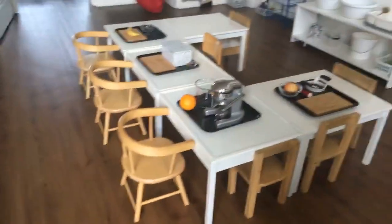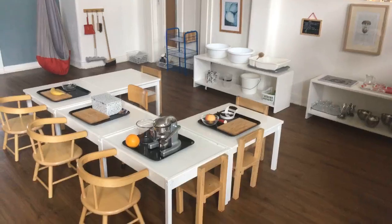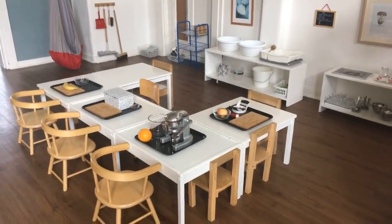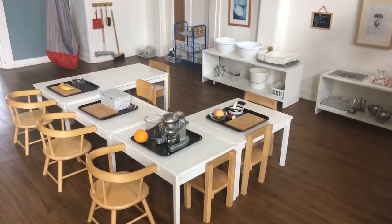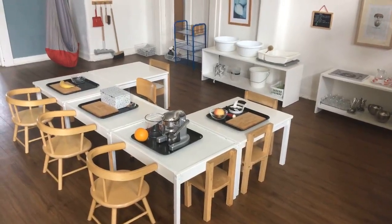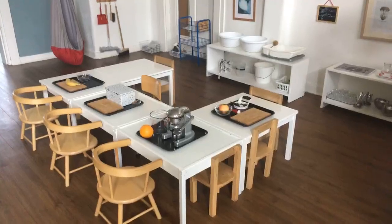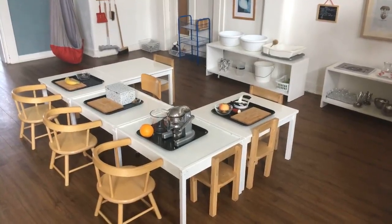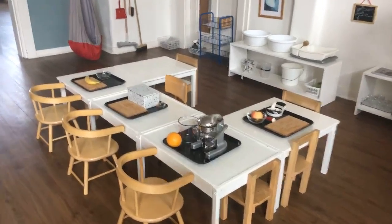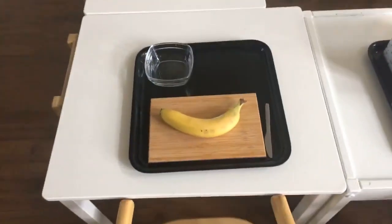And then our food preparation activity. So we moved it over this side about 6 months ago because we've moved to a group snack. So this is around 10:30, which is halfway through the class. I get out these trays and I sit on the little chair in the U shape, and children come and help me prepare the snack, and we put it on the plate for our friends, and then at 11 o'clock we sit down together. So you can see that they help me with the banana cutting